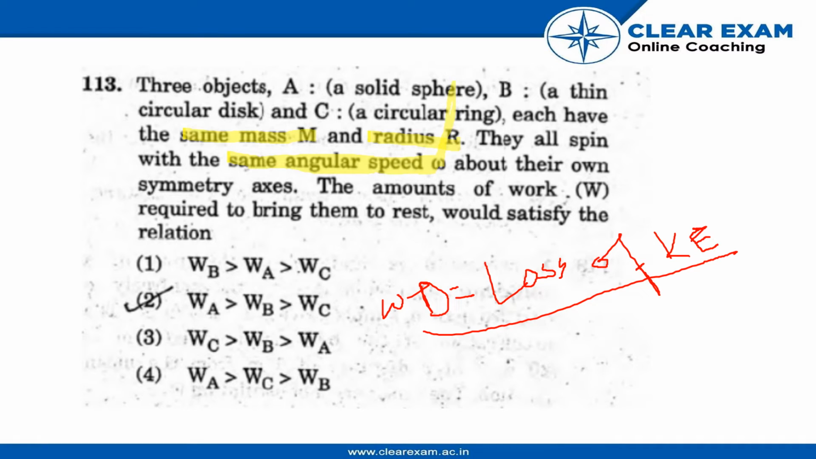according to the question, the work done for the solid sphere will be WA, the work done for the thin circular disc would be WB, and the work done for the circular ring would be WC. So here I have written this conservation of energy formula: work done equals loss of kinetic energy. So work done will be directly proportional to I. And we also know that